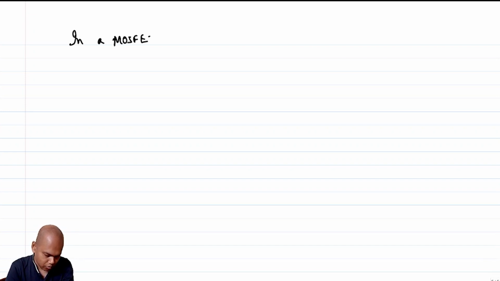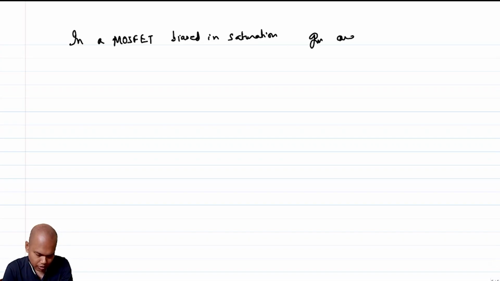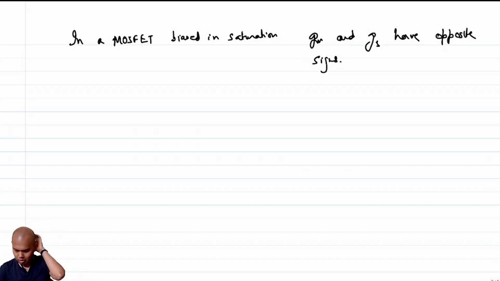So it is expected that G3 will have opposite sign of GM, right? So in a MOSFET biased in saturation, GM and G3 have opposite sign. This is basically one way of saying that this is compressive nonlinearity,